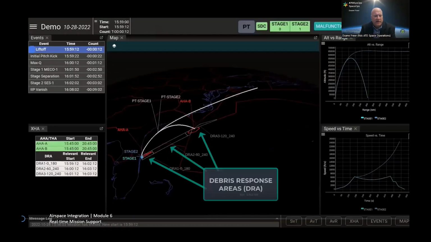The next screen shows those debris response areas and some of the same information. You'll see in the upper right-hand corner, in the event of a malfunction, our aerospace engineer in the Challenger room will activate that button, and that will push real-time hazard areas, those debris response areas, to the traffic management units within the facilities that are affected.